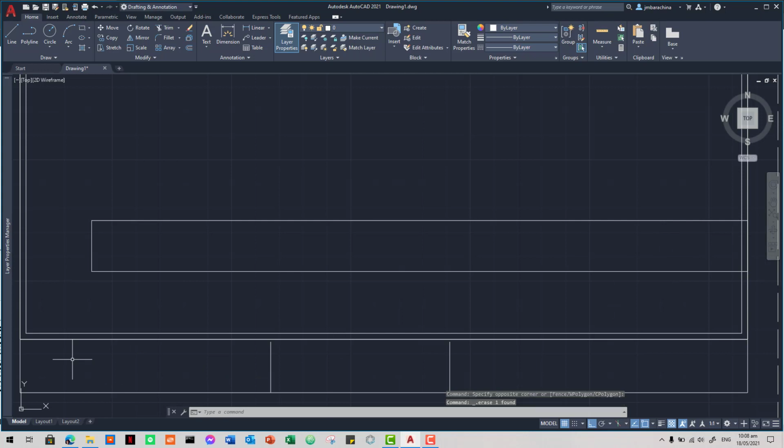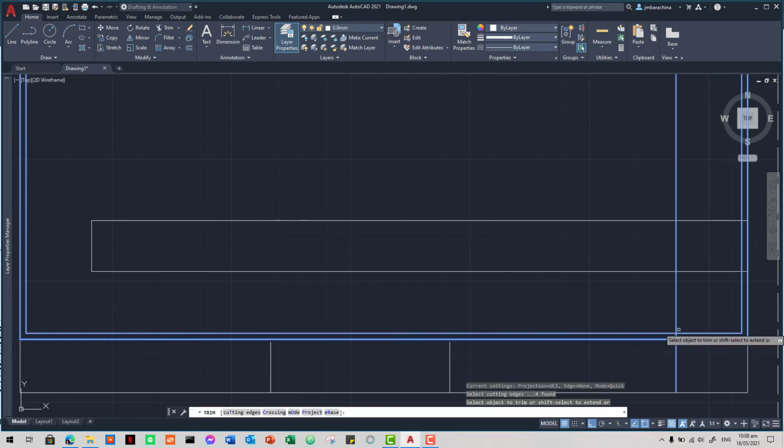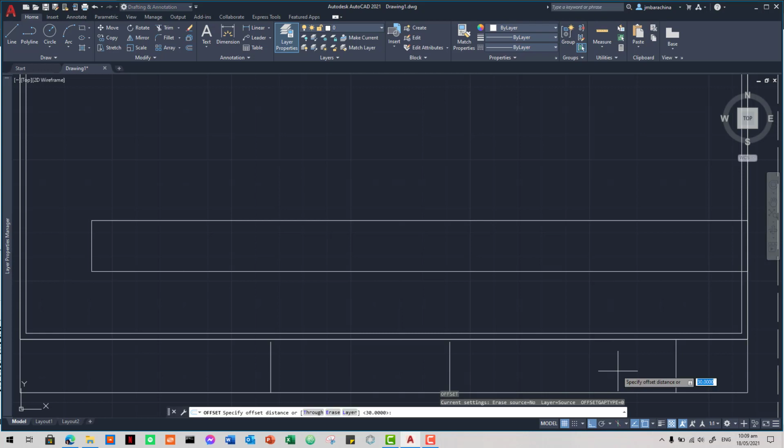I'll delete this, and before I offset this one, I'll offset it by 30 and trim. Then delete this portion. I will now be offsetting this one again by 30. And we have your